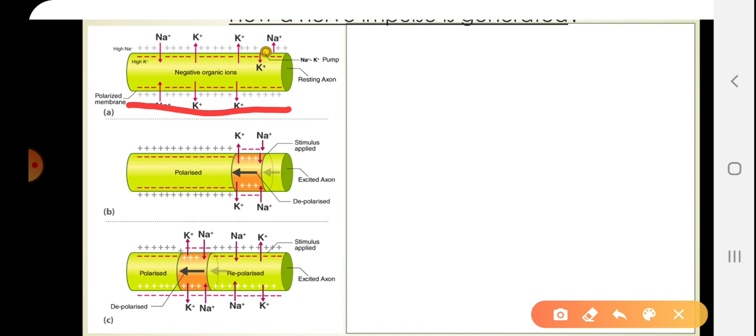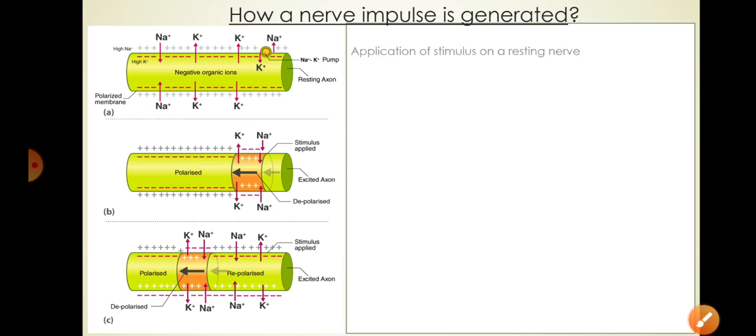Now in the nerve cell, when the nerve cell is not carrying any impulse, it is called the resting nerve, or the nerve which is not carrying any stimulus. The first event that occurs is application of a stimulus on a resting nerve. The nerve receives the stimulus via the dendrites of the cyton, and the cyton transmits it to the axon. When the stimulus reaches the axon,